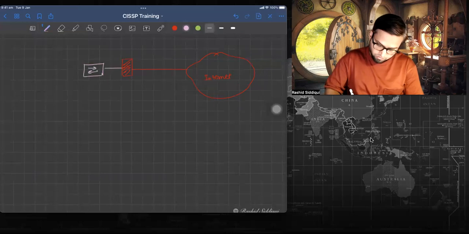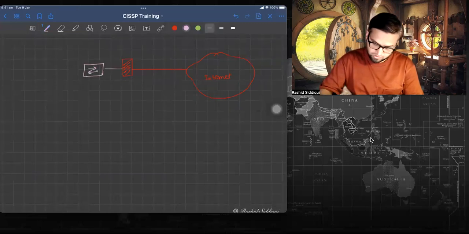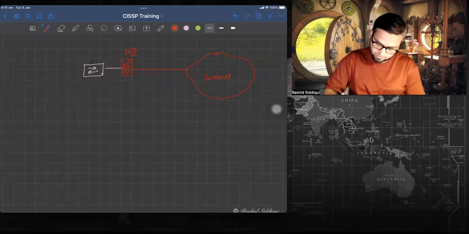So this box with two arrows in opposite directions represents a switch, or a box which has multiple network ports where you connect servers, right? So this box is the Internet Edge Device, IED, and this firewall,